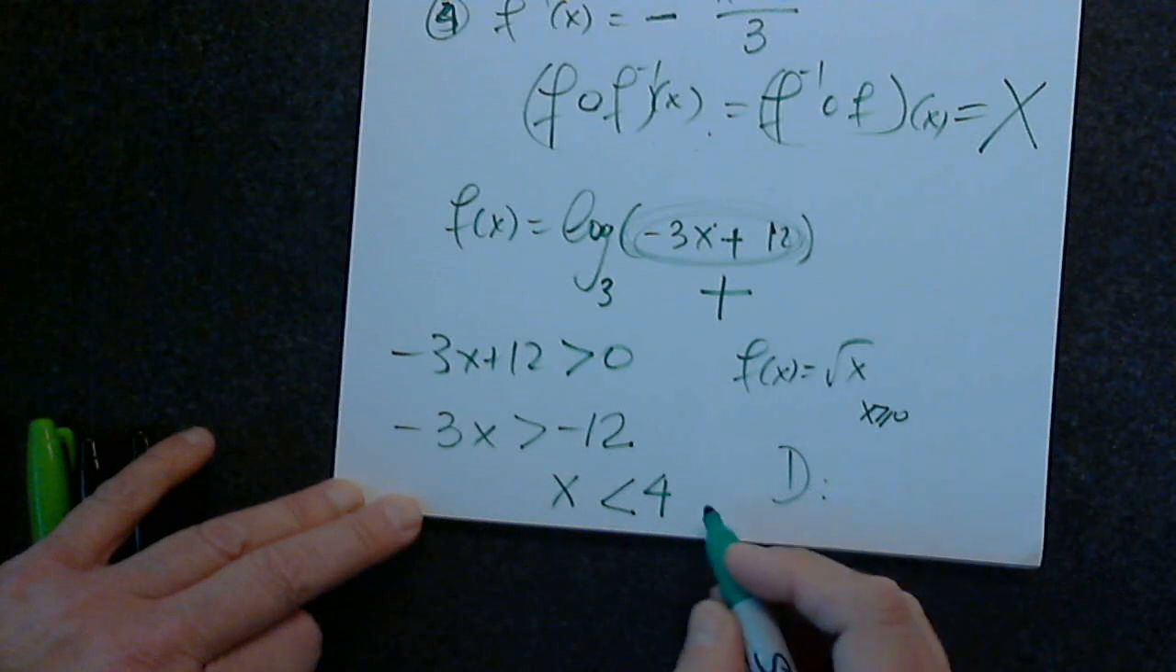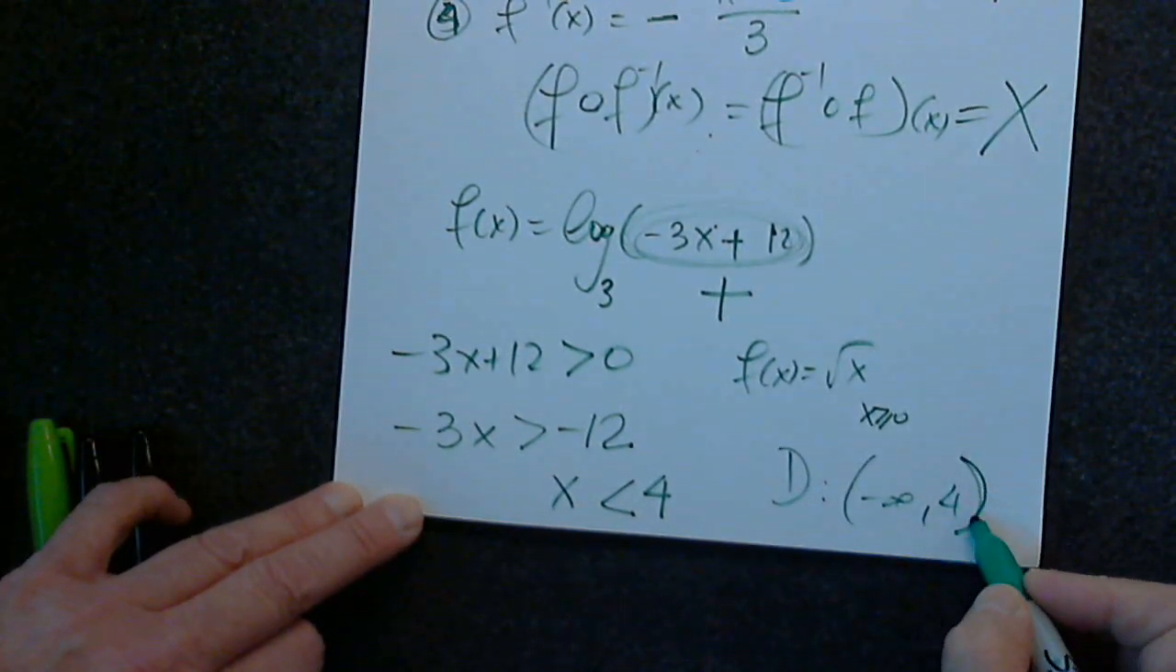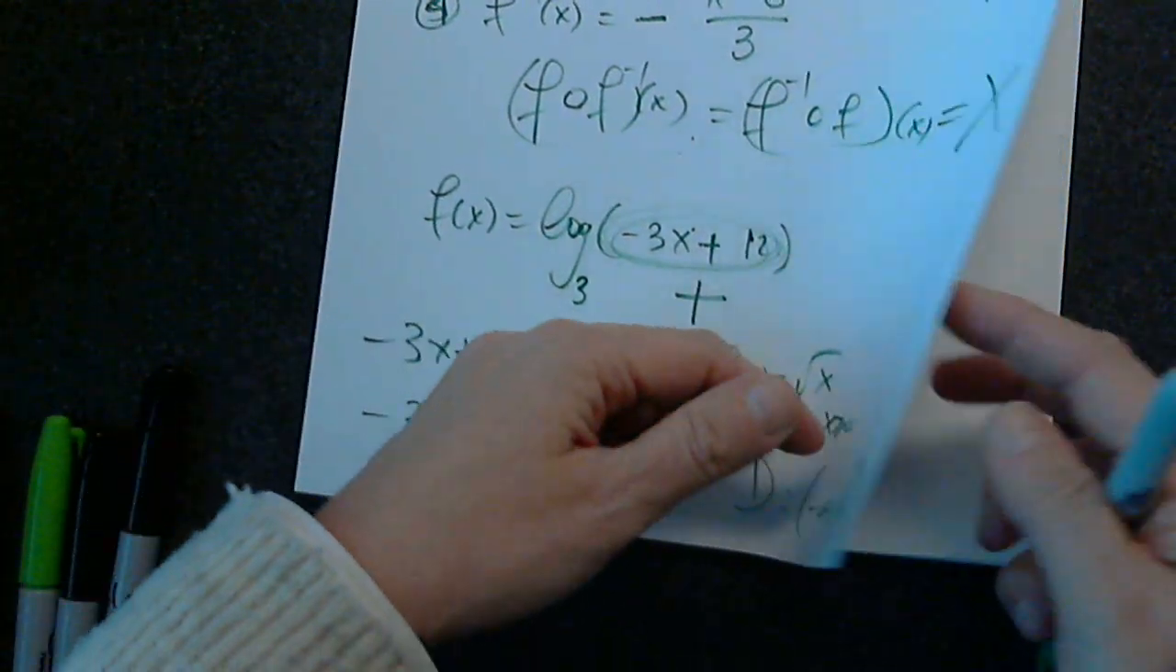So therefore, the domain of this function is negative infinity to 4. Do not put a bracket. It has to be a parenthesis. Very good. And if you were asked to graph this function, what are some tricks as far as what points are taken? You can use, first of all,